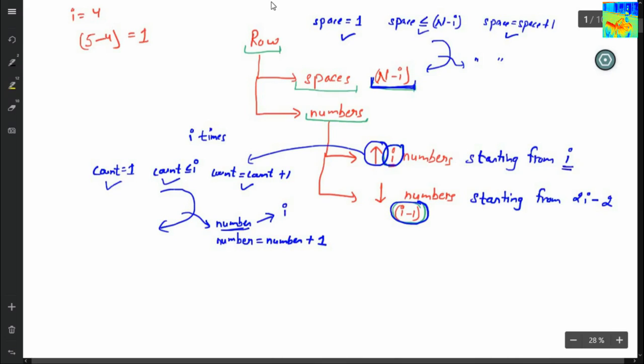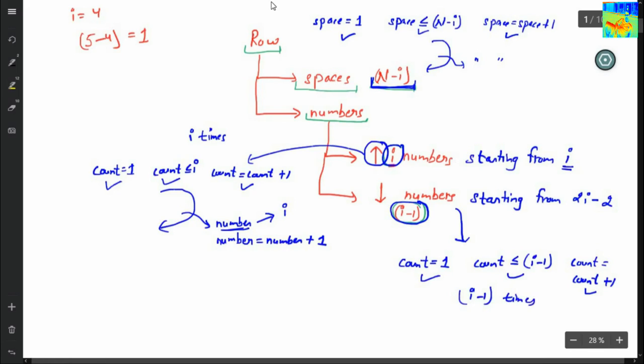Okay. Similarly, I have to print i minus 1 decreasing numbers. I will use a variable. Initially count equals 1, count less than or equals to i minus 1, and count equals count plus 1. So with the help of these 3, my loop will run i minus 1 times.